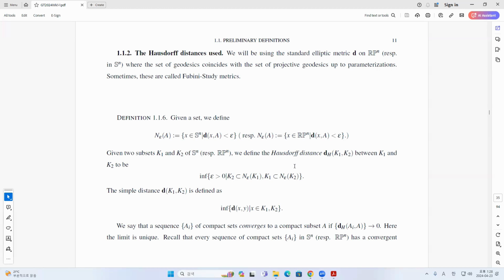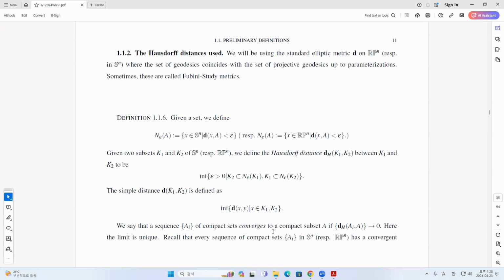The simple distance is just the infimum of the distance between these two sets. And these are, of course, completely different things, and this may not even be a metric. But the Hausdorff distance will give you a metric, and